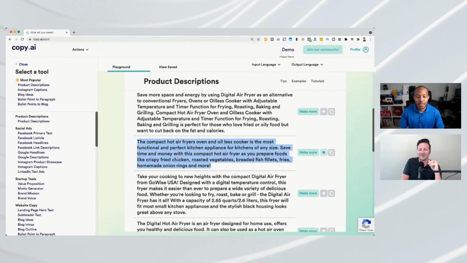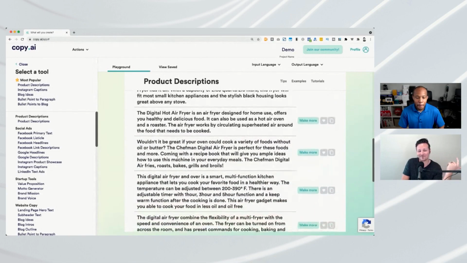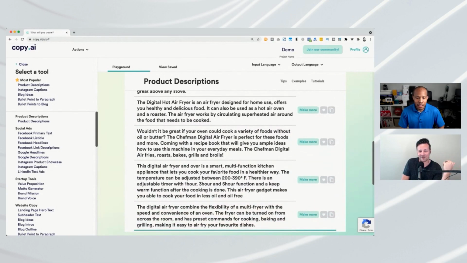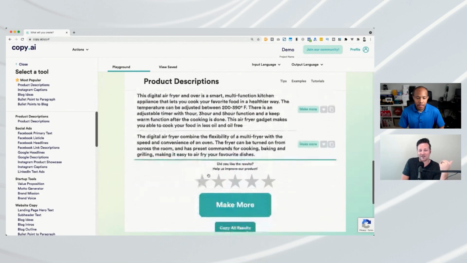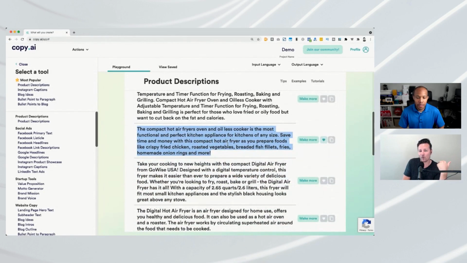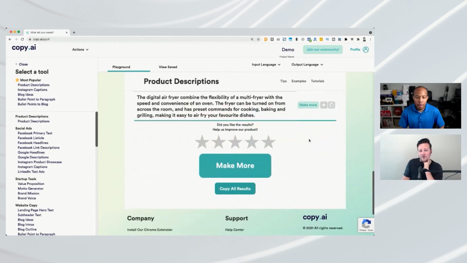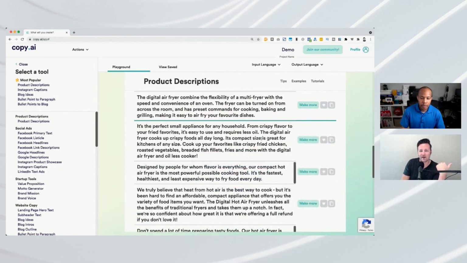Okay. So it's giving you all this good stuff here, right? Just in one click. So that's one thing. What you could do then is save it. You can make more. If you want something kind of like that, you could click make more. Oh, wow. And then it's going to add stuff below. It'll take that message that it just gave you and start to tweak that.